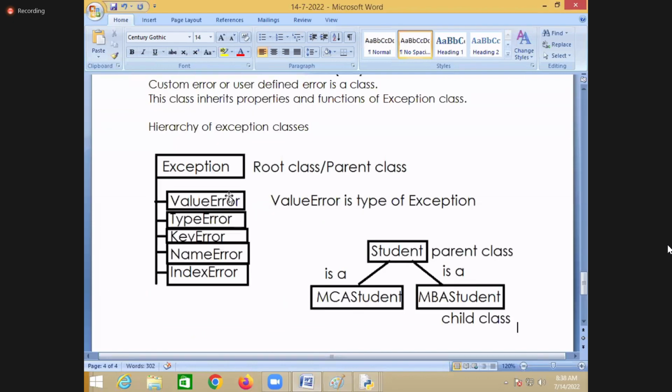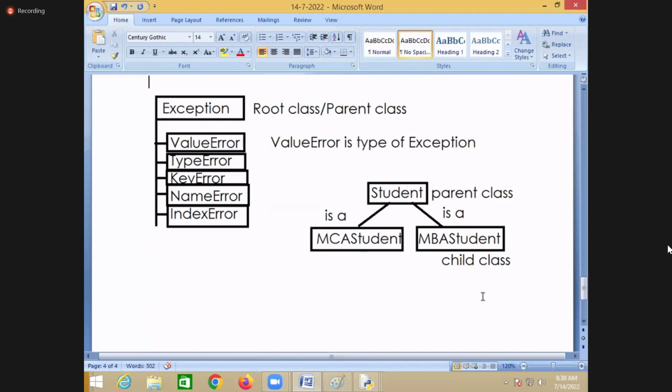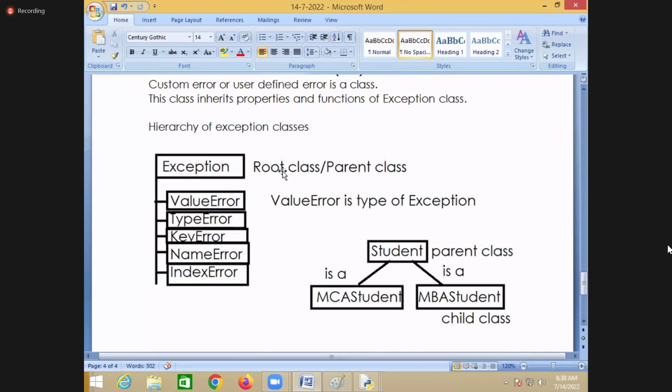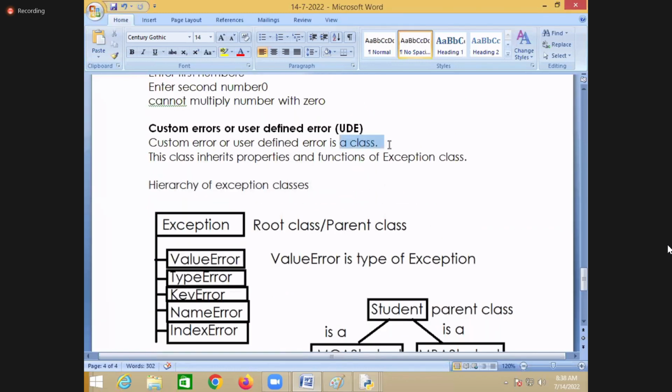Now, these are the hierarchy of exception classes. These are different exception classes here. So the exception you develop is also one class.